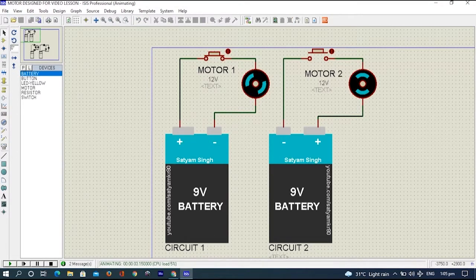Now, as you can see, the rotor rotates clockwise, meaning the electrical charge or the current flows from the positive